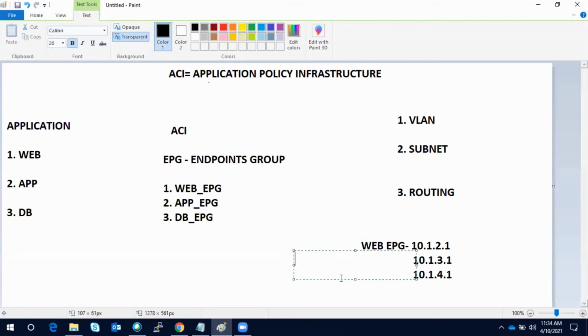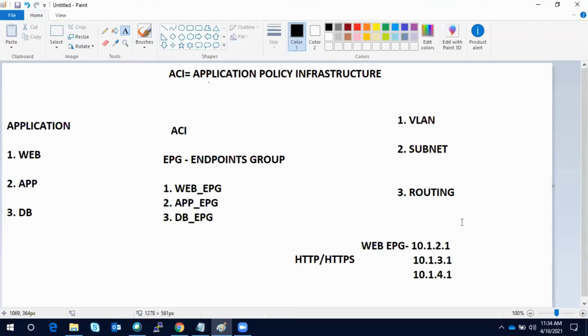And what is the attribute here? Web, HTTP or HTTPS, right? Most of the applications are like this only. So when I create this web EPG on the ACI, it does not matter what subnet it is holding. It is holding 10.1.2, 3, and 4. Note the third octet. So EPG is a thing which does not depend upon the VLAN or the subnet.